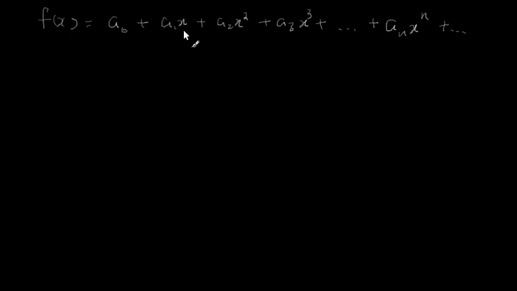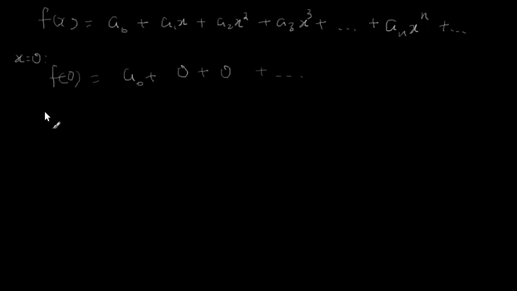If I set x to 0, I get f(0) is equal to a0 plus, and the other terms would be all 0. So that gives us a0 immediately. a0 is just equal to f(0). Okay. Now next, let me differentiate that